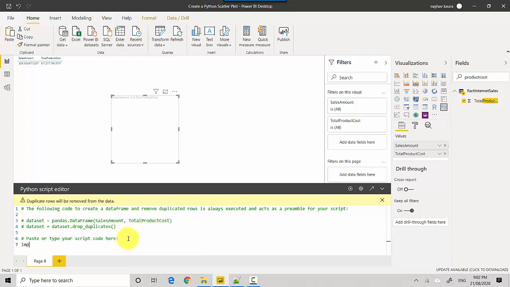And what we'll do is we'll just import the matplotlib library. And what I'll do is I'll just say dataset.plot. The dataset already has sales amount and total product cost. So I'll say dataset dot